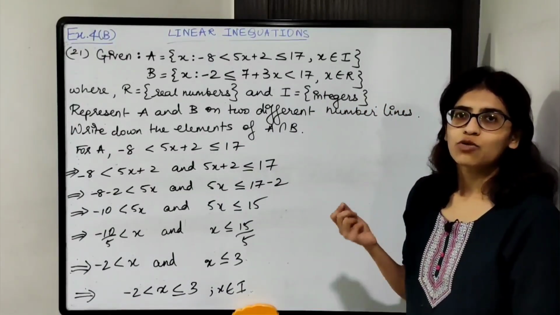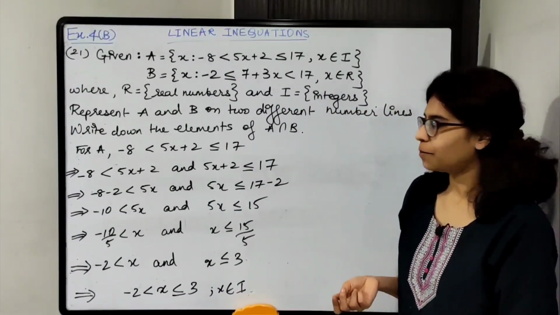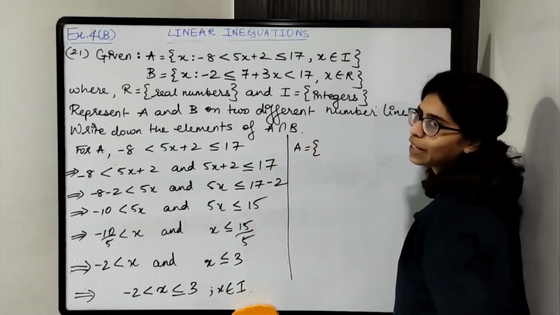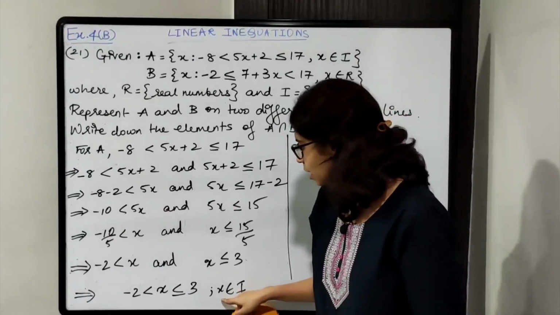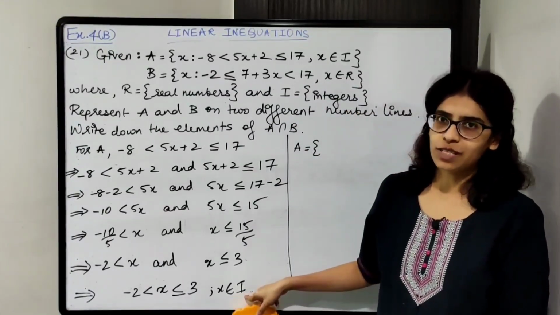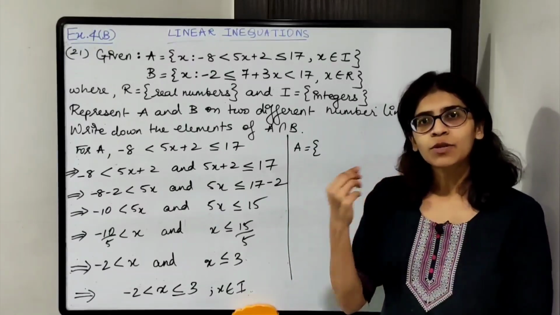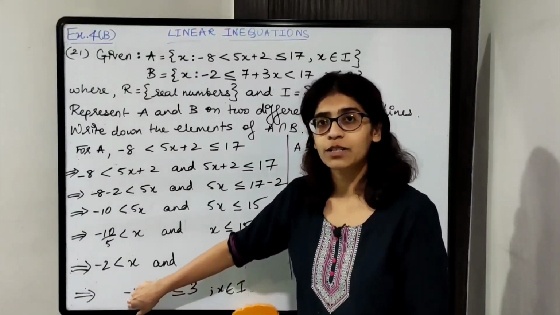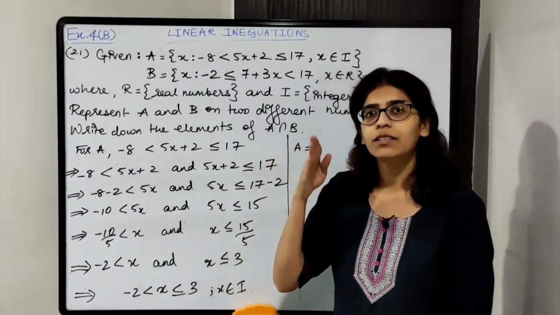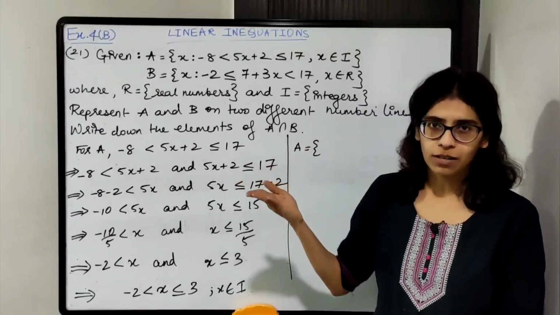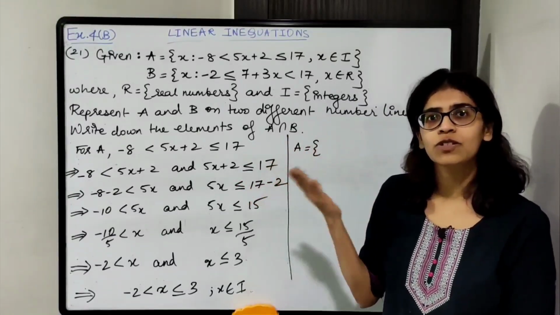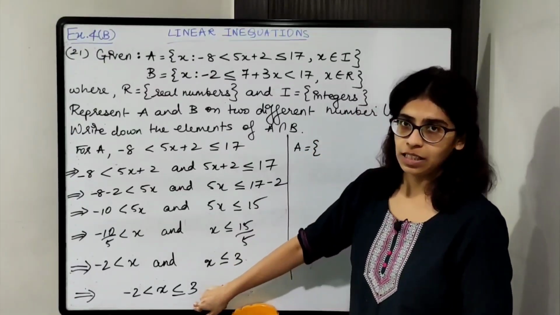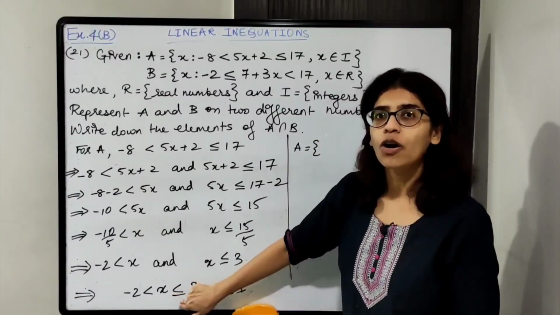Now we'll find the solution set for A. What will the solution set be? What are the possible values for A? x belongs to the set of integers, so negative numbers, positive numbers and 0. Okay, so x is greater than -2, -2 is not included. Which number comes after -2? -1. The number greater than -2 is -1, then 0, 1, 2 and up to 3. x can be less than 3 or equal to 3.